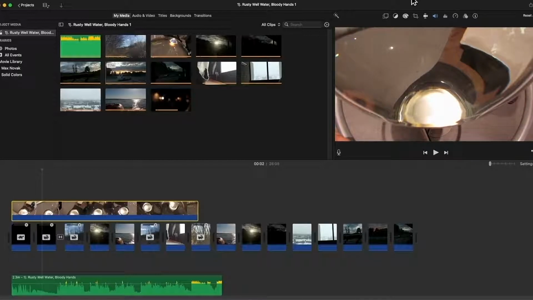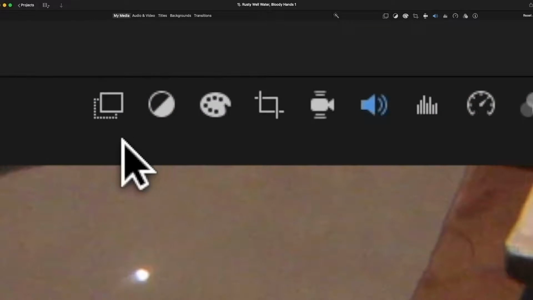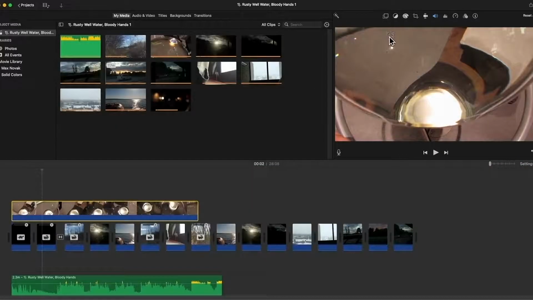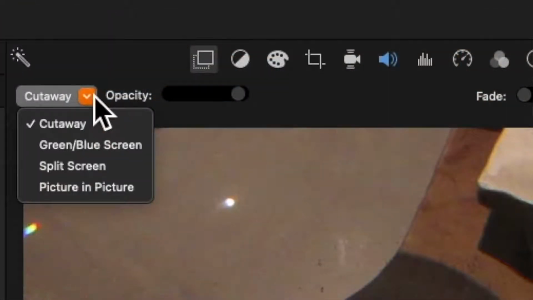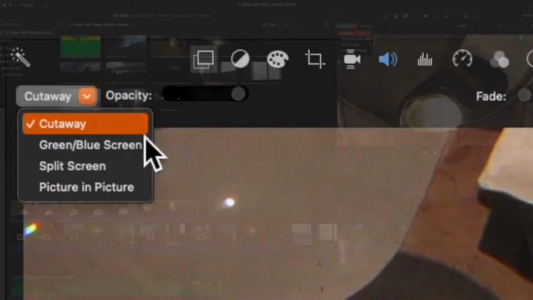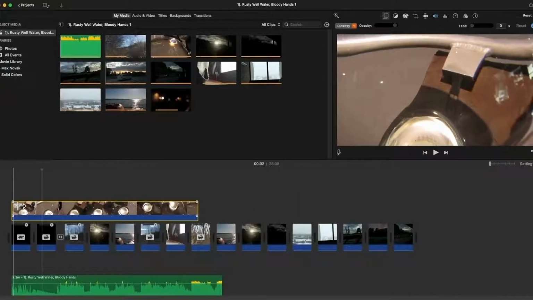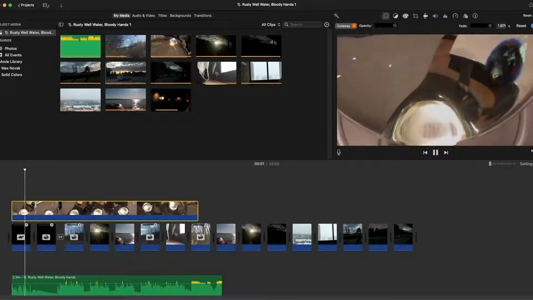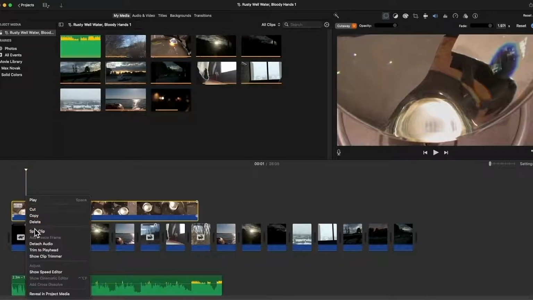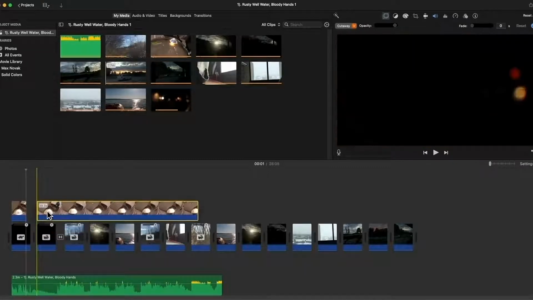Those options are controlled with this little square on top of a square icon. That obviously represents the 2 lanes of video. When you click it, you're met with a few different choices. Cutaway, which is what we see here, where you could have it fade in, or you could slice it and have it appear intermittently,